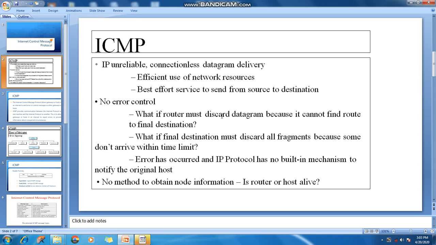This is because of the lack of functionality of the IP protocol. So along with IP, we use ICMP, and ICMP compensates for the missing functionality of the Internet Protocol.